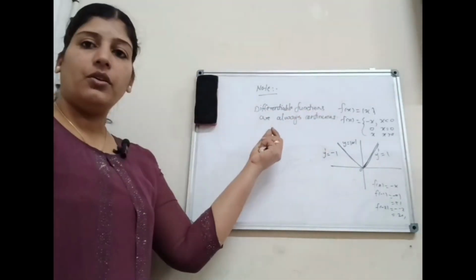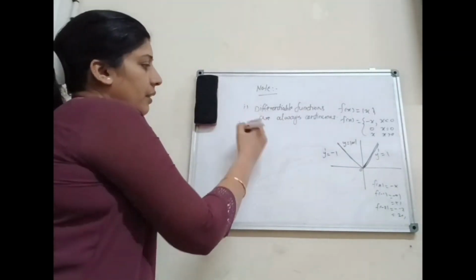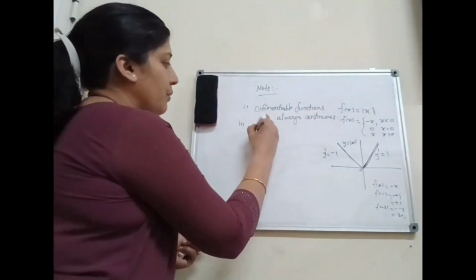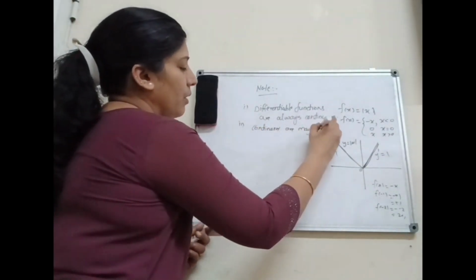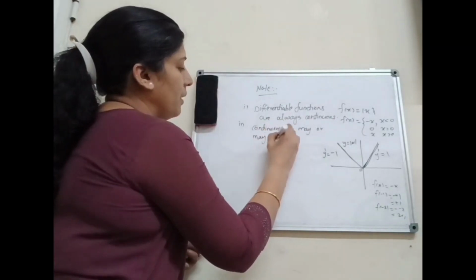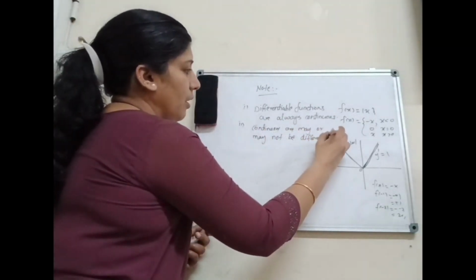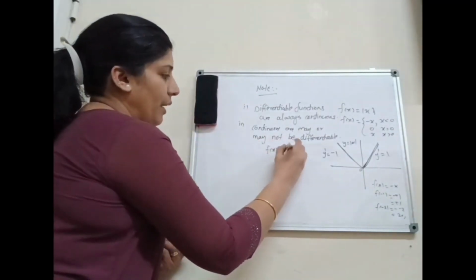Here, first notice differentiable functions are always continuous. Second, continuous functions may or may not be differentiable. How can we prove that continuous functions may or may not be differentiable? That means we couldn't say it is always differentiable. How can we prove it? We know that f of x equal to mod x